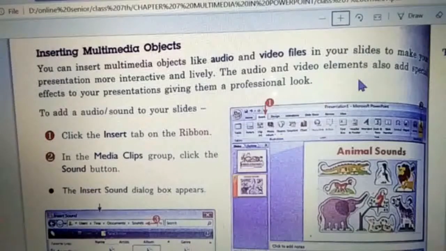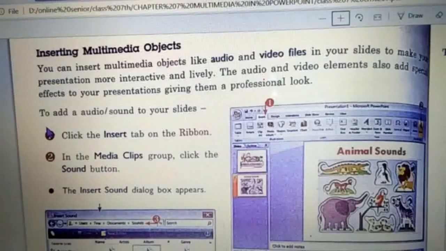So audio and video files enhance the creativity and interaction between the presenter and the audience. It will also give you a professional look. It won't be bland, it would be very lively. So this is how you insert multimedia.